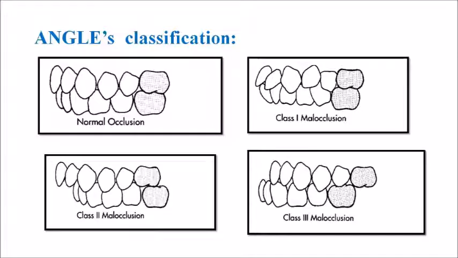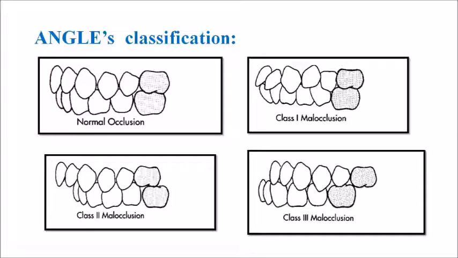So if the teeth are arranged in a smoothly curving line of occlusion and this molar relationship exists, then normal occlusion would result. So that is the features of normal occlusion according to Angle. One is a smoothly curving line of occlusion. The second is the relationship of the mesiobuccal cusp of the upper molar occluding in the buccal groove of the lower molar. If these two factors exist, then normal occlusion is present.